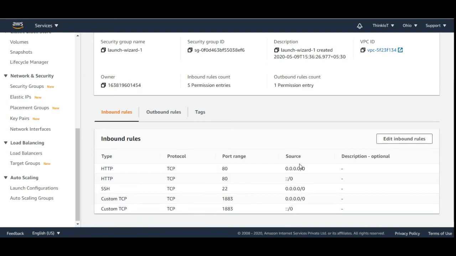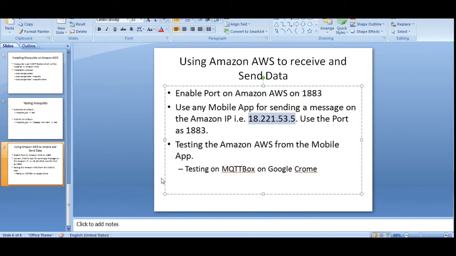Set the source as anywhere, so that any client from anywhere sending a message to your Amazon AWS IP will be handled by it acting as a broker. These are the settings that you have to change on your Amazon EC2 instance. Now there is this Chrome extension called MQTT Box.